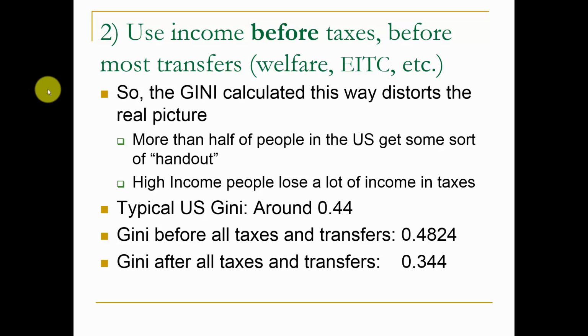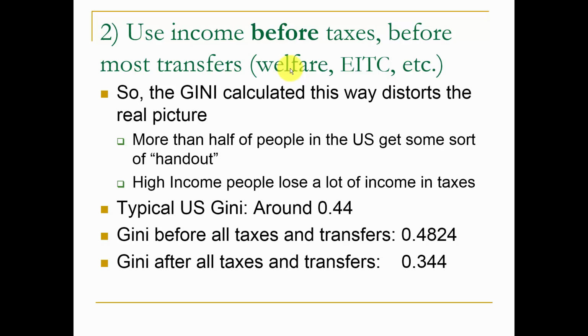Another possible concern of using the standard methods that usually governments will use to calculate measures of income inequality is that we use measures of income before we take into account the taxes people have to take out of their income to pay to government, and before most transfers like welfare payments, earned income tax credits, housing benefits, and other sorts of things. If we're trying to measure income inequality to get a feel for how the quality of life is different and track that, then